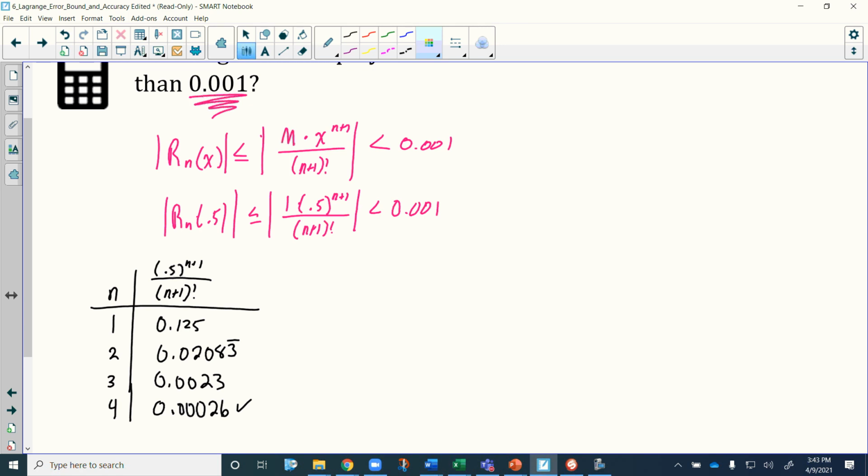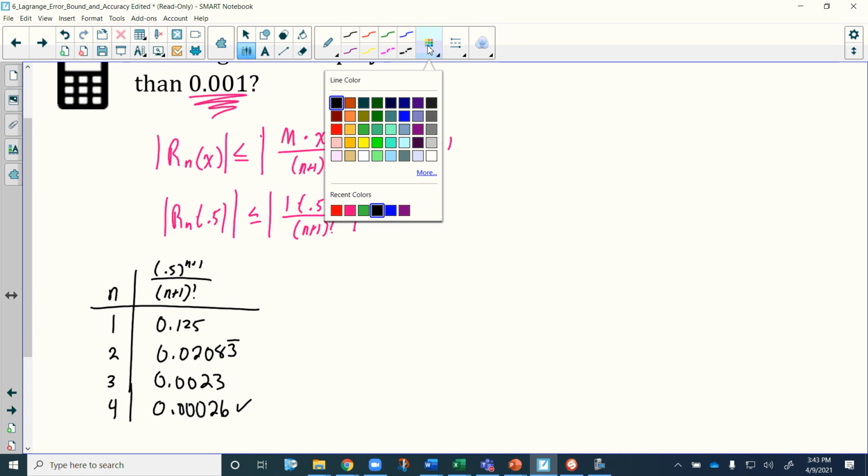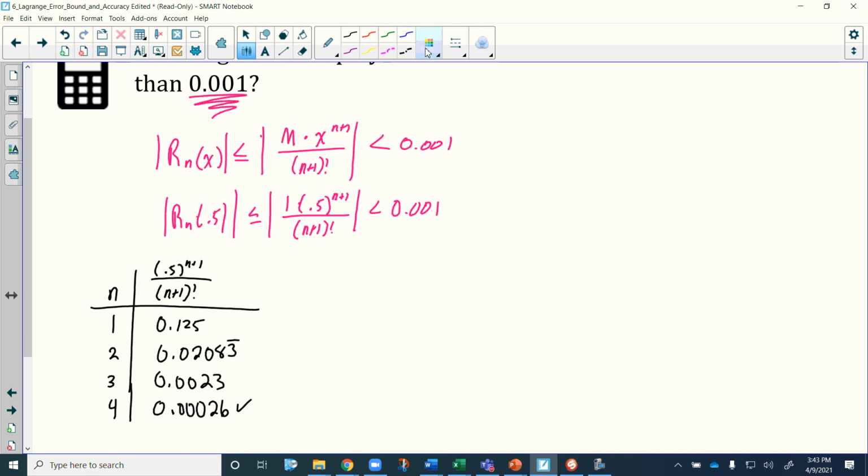So this is what we're looking at for the answer. The question that we were asked is, what degree polynomial do you need in order to have a remainder that will be less than 0.001? Well, in this case, n, the degree, has to be at least a fourth degree polynomial. So n is equal to 4 is the smallest